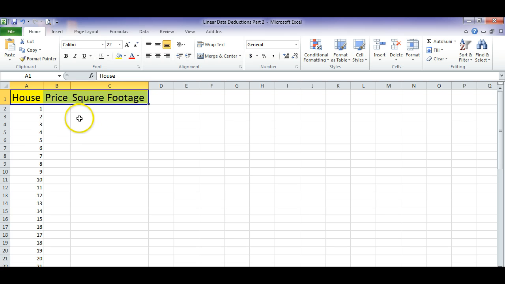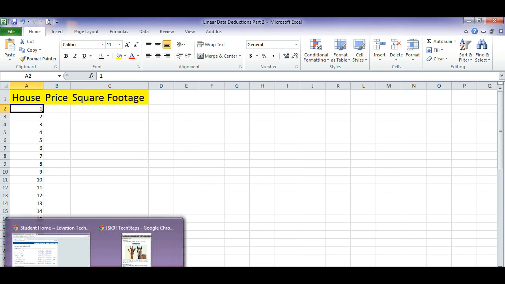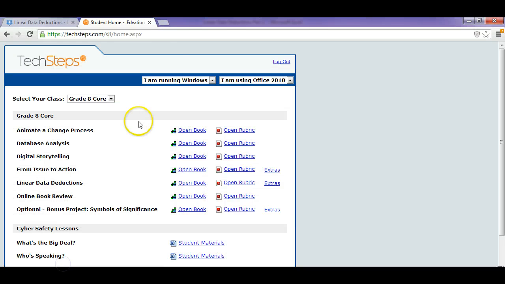For house 1, I went to a local grocery store and I found a Real Estate Today book from March 2013. Inside is all the real estate for a lot of different counties. So let's go online. I'm going to give you the address. Open a new window. I'll just use this window, I don't need it anymore. Type in